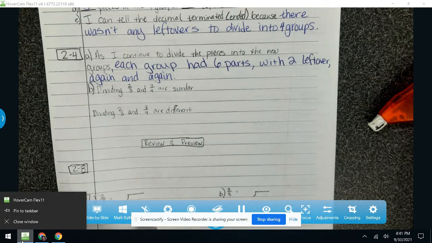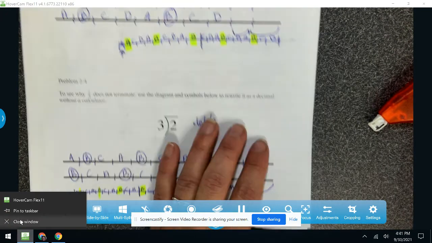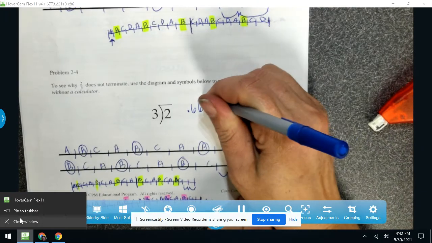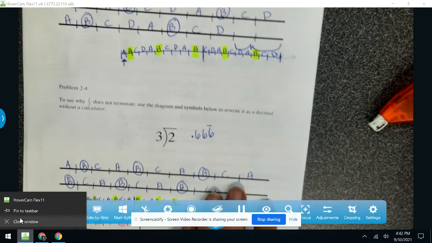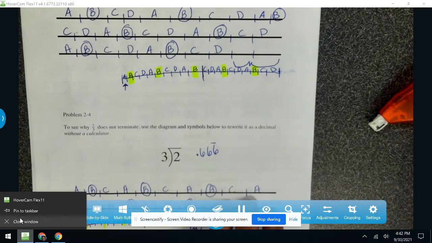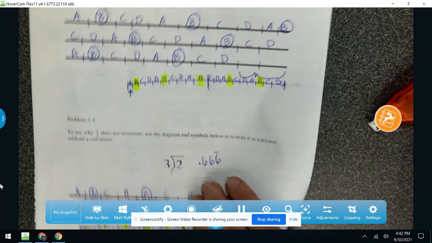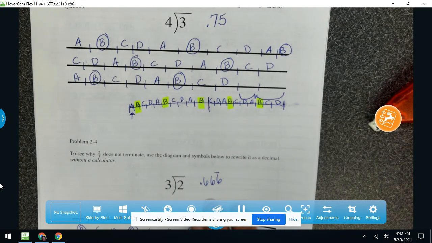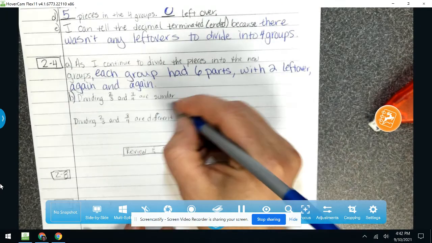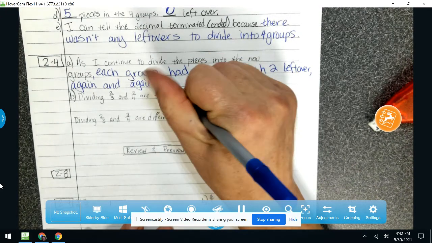So I'm going to come back over here looking at this guy right here and this feller down here. Oh, let me put my arrow over the top that says it goes on forever. What was the first thing that we did in both of these problems? The first thing that we did is that we cut each whole into 10 pieces. So that was something that was similar. Dividing 2/3 and 3/4 are similar by,